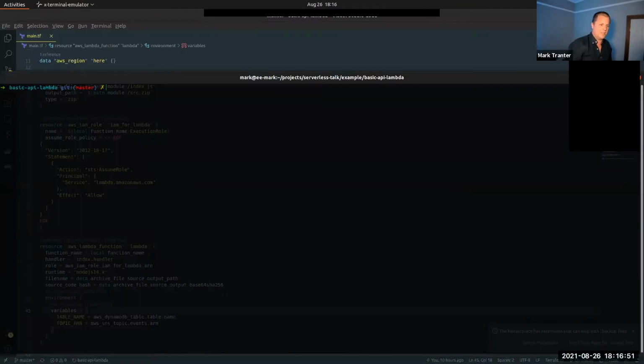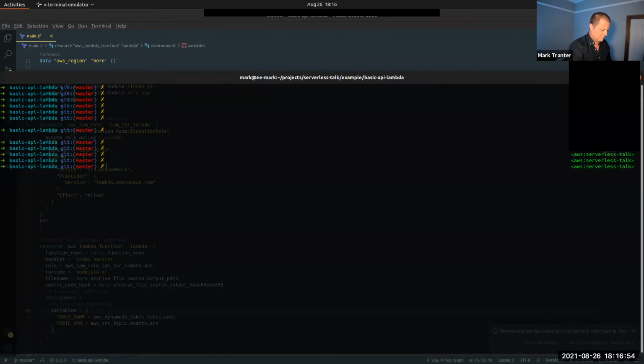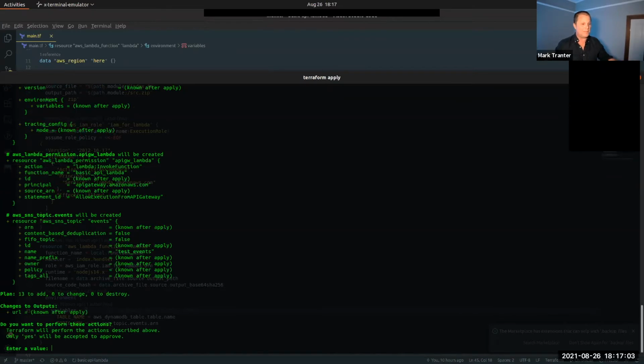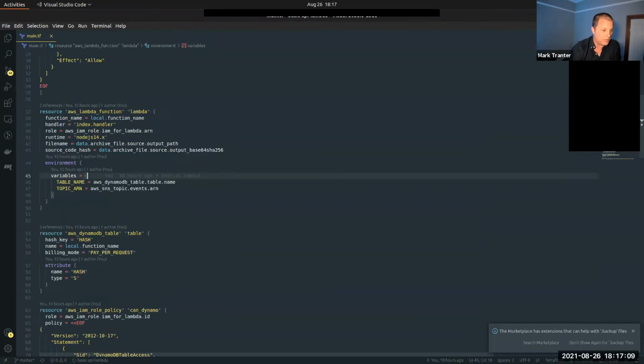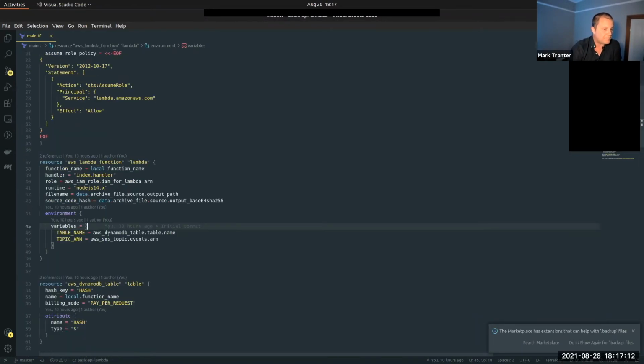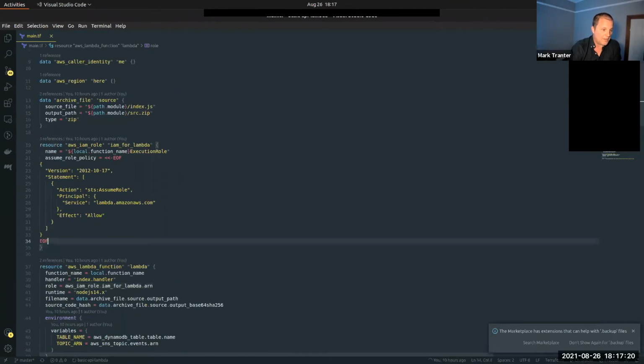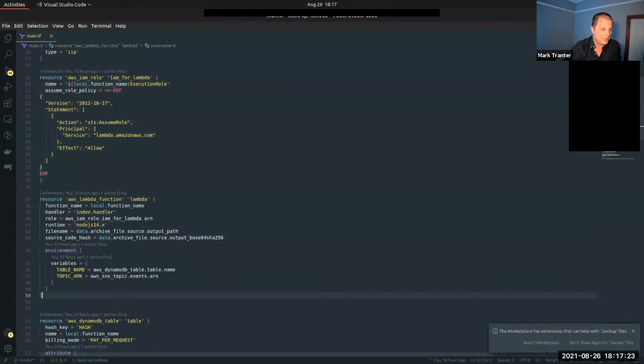So what I'm going to do, hopefully, is apply this Terraform. So what's happening now? Terraform looks through all of my entities. You can see I have dependencies in between resources. So to give you an example, this lambda function has a dependency on this role. So I create the role, I create the lambda function, and Terraform's smart enough to do a DAG, right? A graph that says this function has a dependency on this role, so I need to create this role before I create this function, and so on.